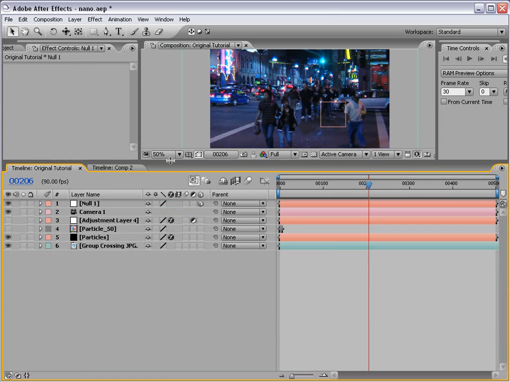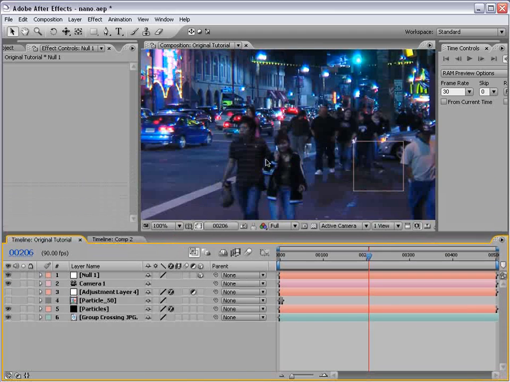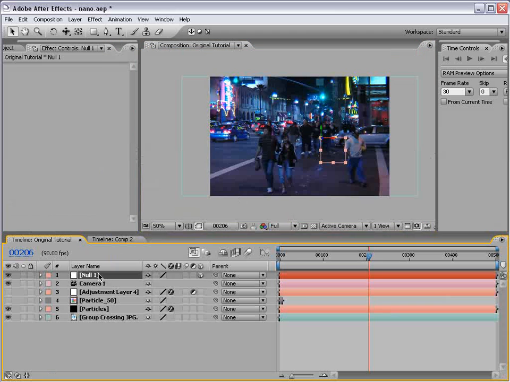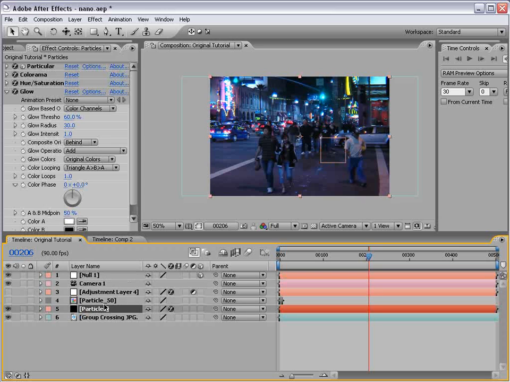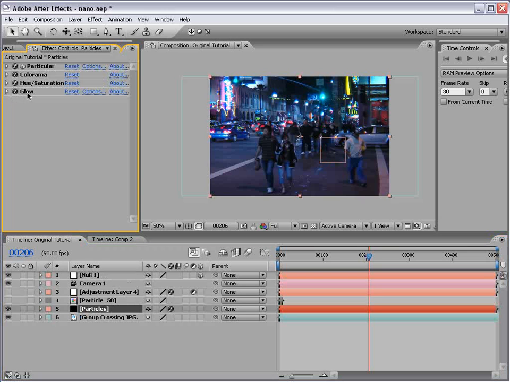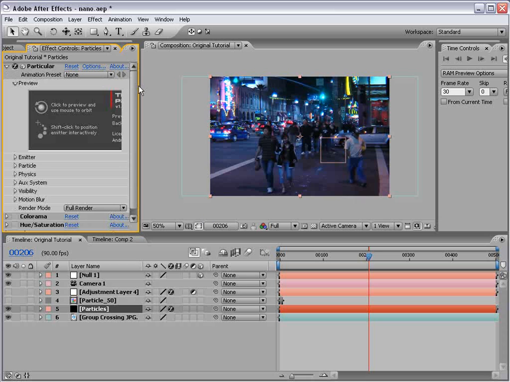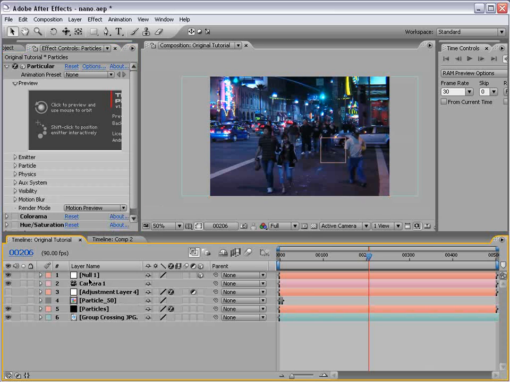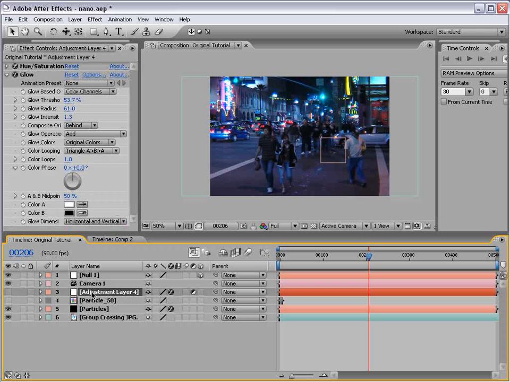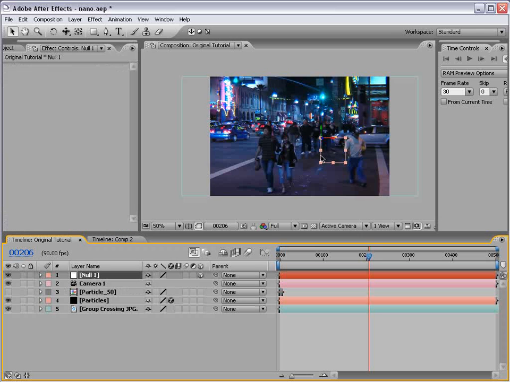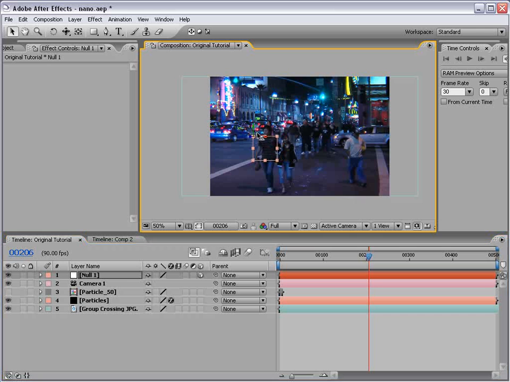Okay, so let's start animating this effect into our live action footage here. So we have this null object, but we also have this particle effect. So right now we're rendering a glow and all these other effects. So let's shut those off. And in the particular settings, let's use the motion preview setting. And that way everything will just render a lot faster. We can also delete this adjustment layer. So I'm going to take this null object and I'm going to push it down into the background. Just push it back there and just line it up with